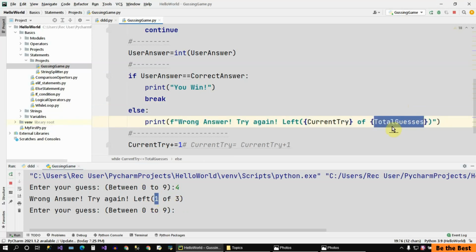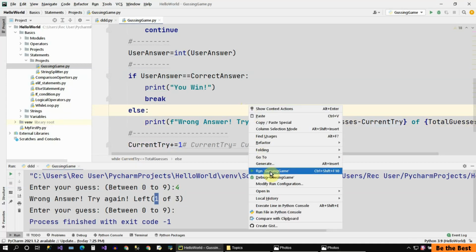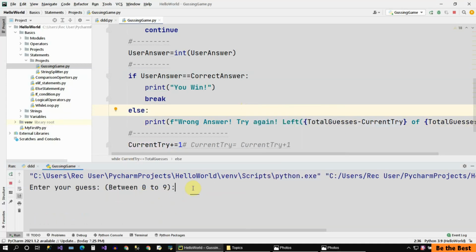Why? Because we need to subtract the total guesses from the current try. So come over here, and I intentionally show everything step by step for your deeper understanding. So come over here and subtract. So the valid tries is the total guesses minus current try. And if I stop and run the project again and write, for instance, 3 and press enter, so left